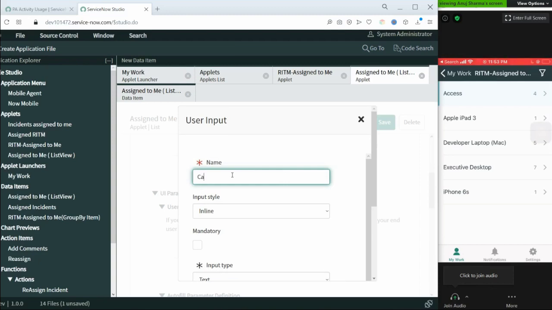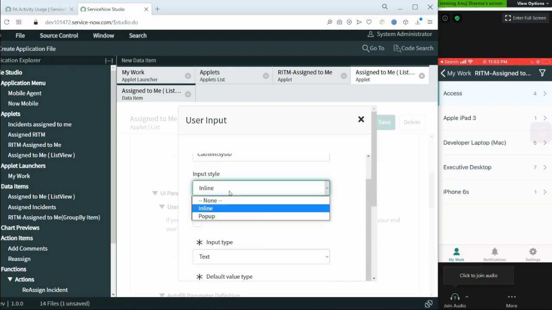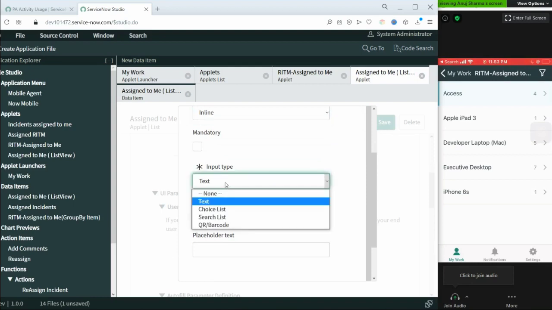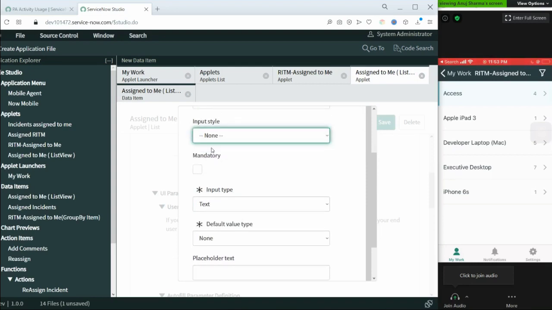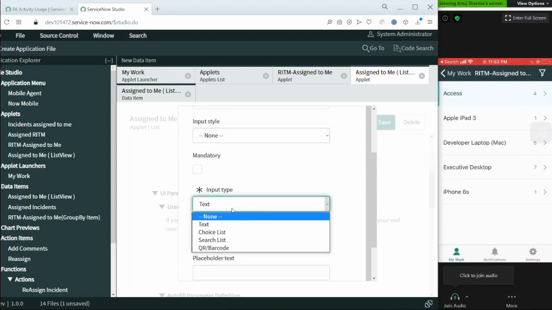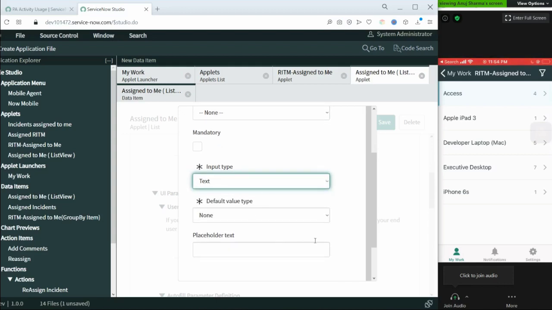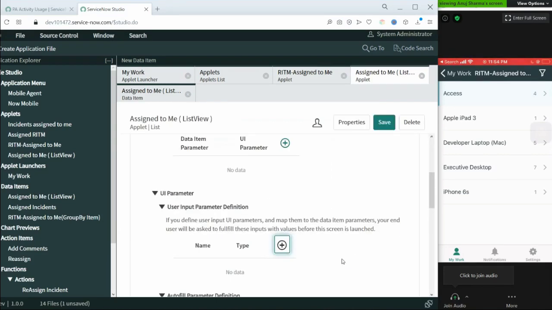So let's give catalog item sys id, and it should be inline. It should be, I think, none. Input type text, and let's save it for now. We'll change this configuration later on.